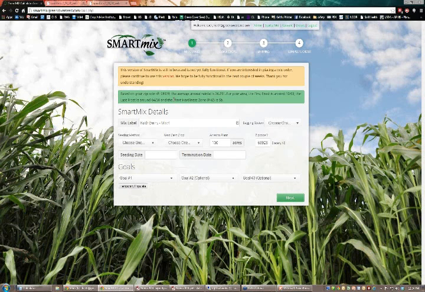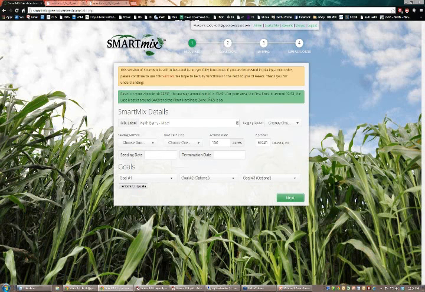But you're not stuck to the zip code. So for the example today, I'm going to come down here where it says zip code. Since we do have such a wide geographic audience, I'm just going to pick something a little more central to where our people are. We'll just design a mix here for Columbia, Missouri. So I just typed in their zip code 65201, and it changed my information up here.